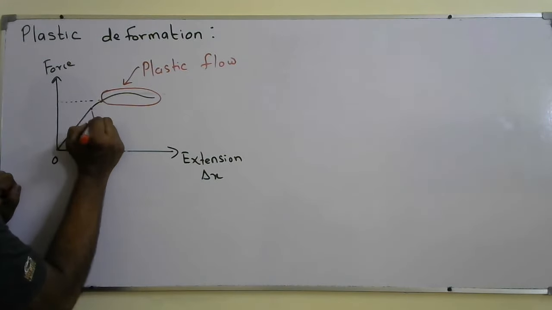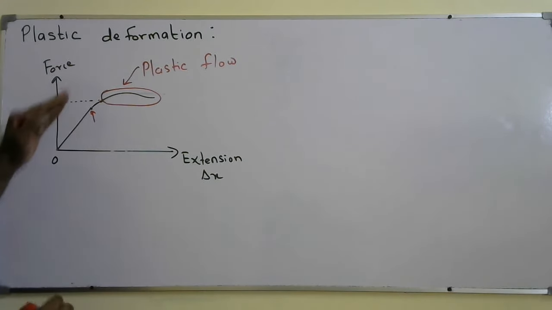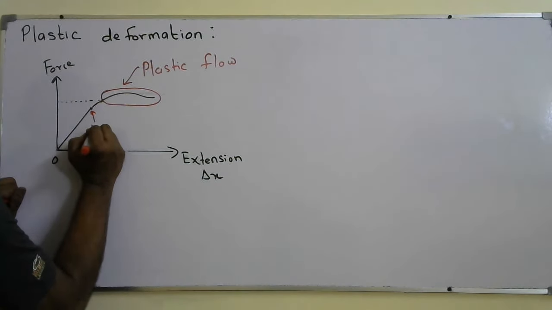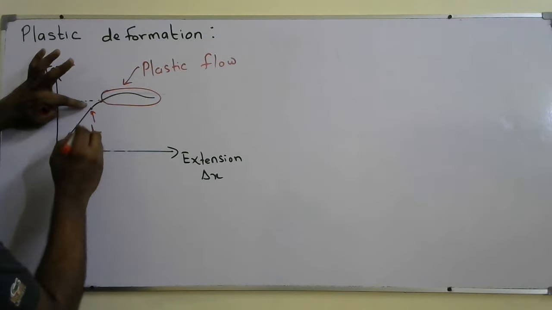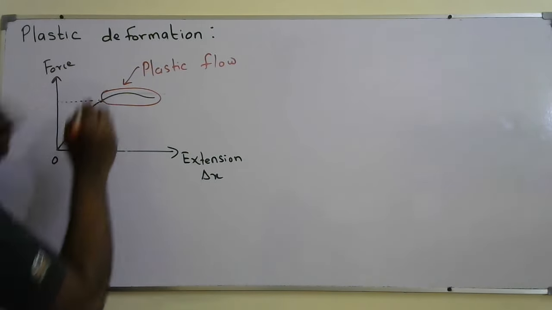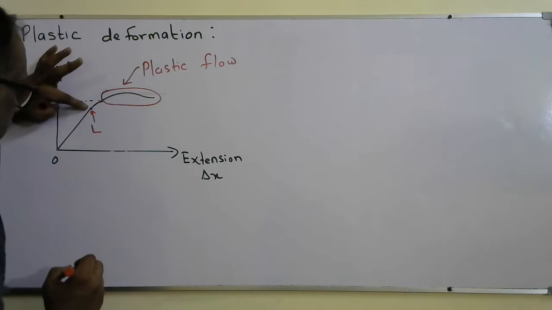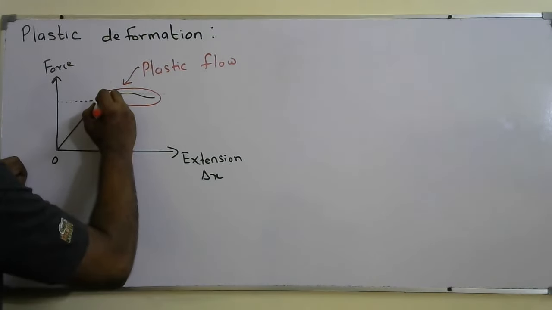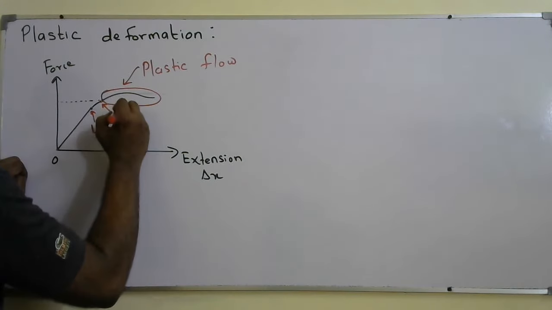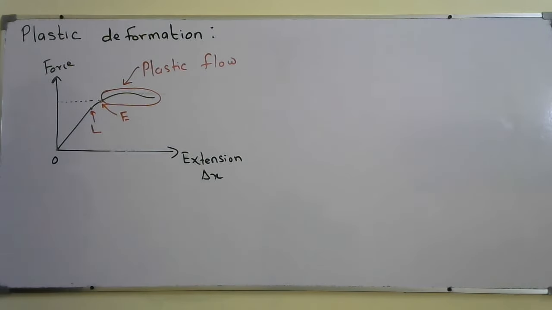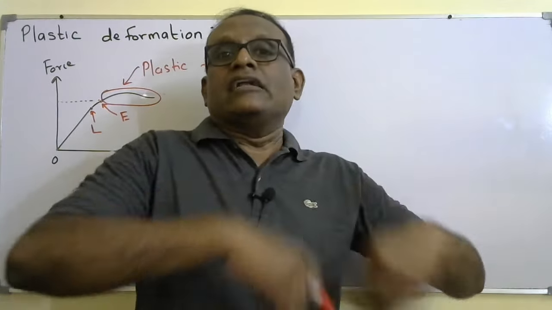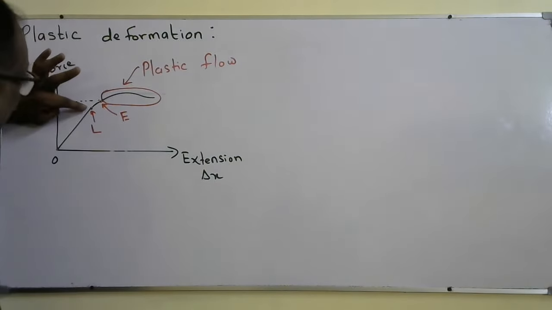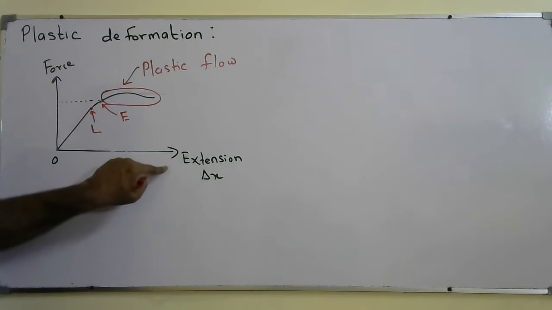This limit of force, where the end of the straight line portion, is called the limit of proportionality, denoted by L. L stands for limit of proportionality. That happens at the end of the straight line. But even beyond the limit of proportionality, up to a point we call E, that is the elastic limit. So up to E, when the applied force is removed, the material will return to the original shape. Up to L, the limit of proportionality, the force is directly proportional to